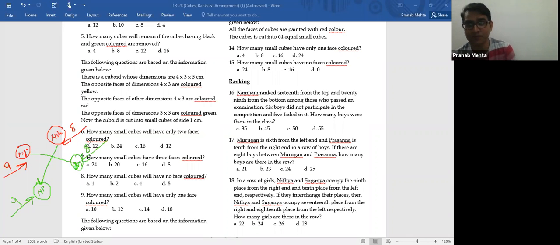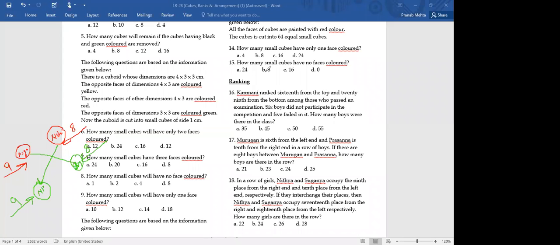Is this part clear? Since they are interchanging the position, this 9 people will still be on the left hand side and 8 people on the right hand side. Is this data clear with all of you? Yes or no? If it is not clear, please tell me, because this is the most important thing. If you don't understand this, you won't be able to solve the question. Have you understood, all of you?